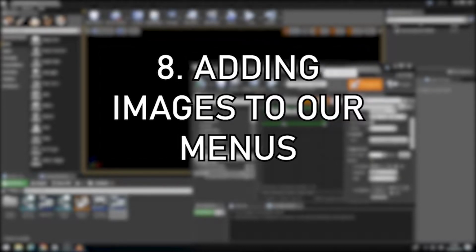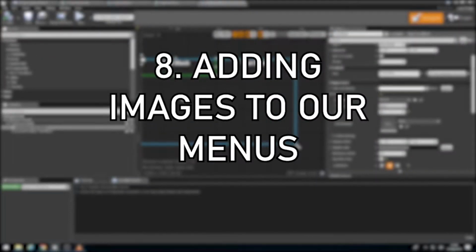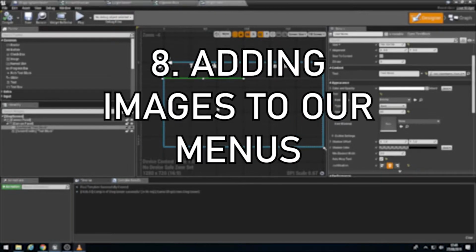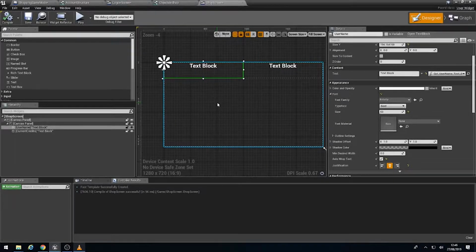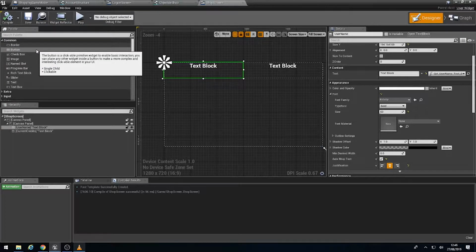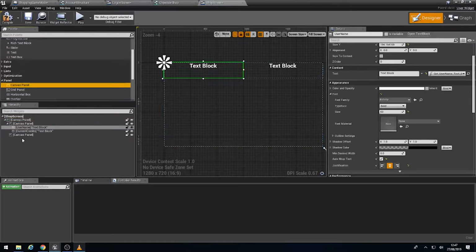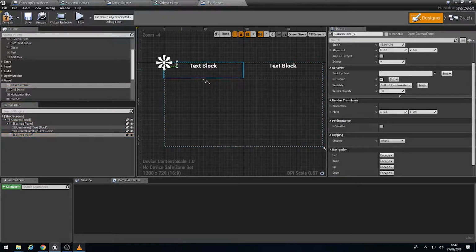Hi folks, and in this video we're going to continue building up our shop, and in fact what we're going to do is start adding the images of the objects that we want to buy, and then perhaps look into building a little costing button down the bottom so we can add this in. Now what we want to do is actually create it in a brand new canvas, which we're going to just drag under our main canvas here so it appears just slightly under our lovely headings of the username and the